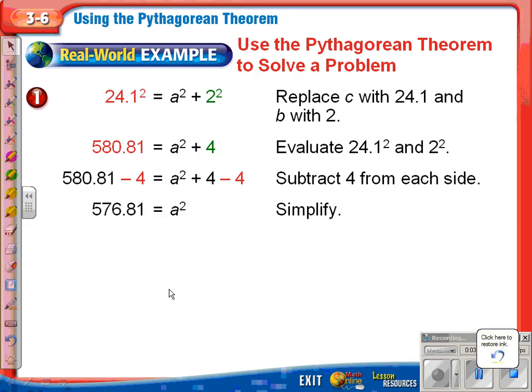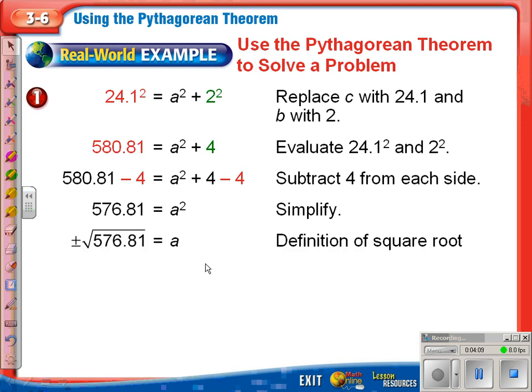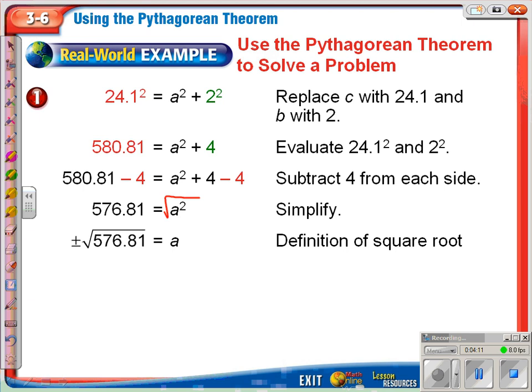Then all that I have left is a squared is equal to 580.81 minus 4, or 576.81. Take the square root of both sides. Make sure you do that. You show that step for me. The square root of a squared is a, and then we want to know the square root of 576.81, and you can just put that in your calculator. Second, square root